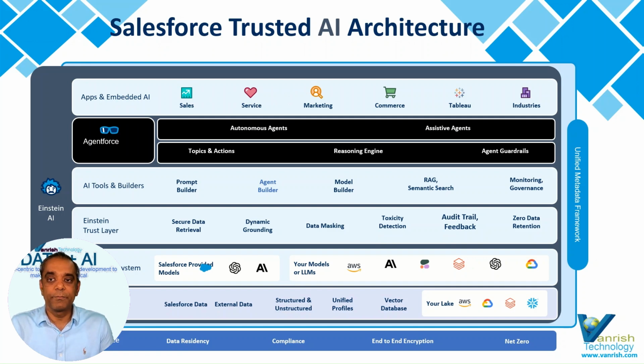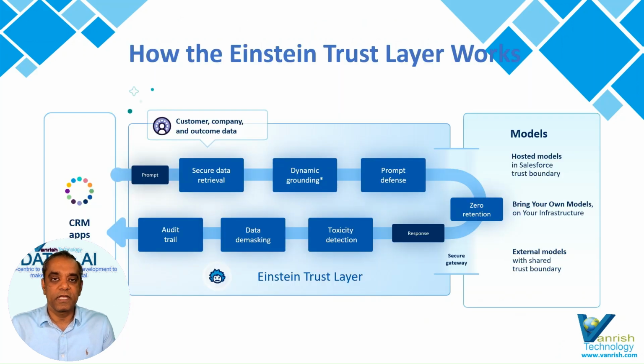So now I'm jumping a little bit deeper. What is the Einstein trust layer? How does it work? This diagram shows how the Einstein trust layer works. The Einstein trust layer elevates the security of generative AI through data and privacy controls that are seamless to the end user. These controls enable Einstein to deliver AI that is relevant through grounding in your sensitive customer data, but not AI that introduces potential risk to your security posture.